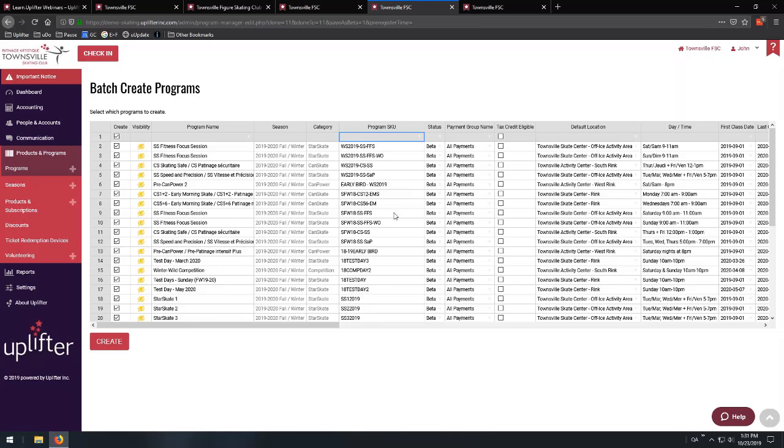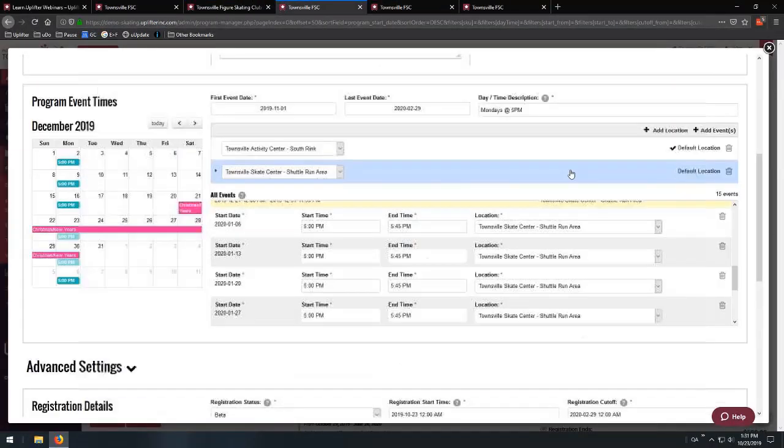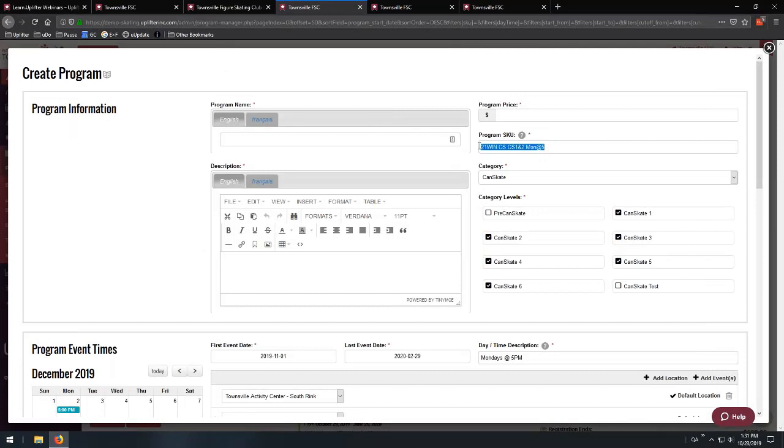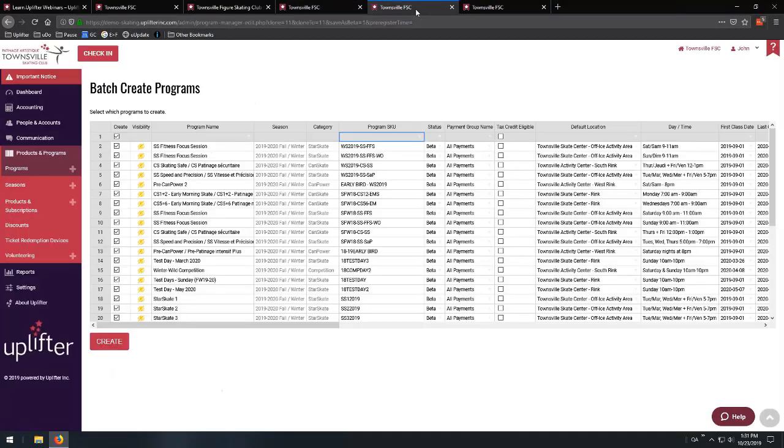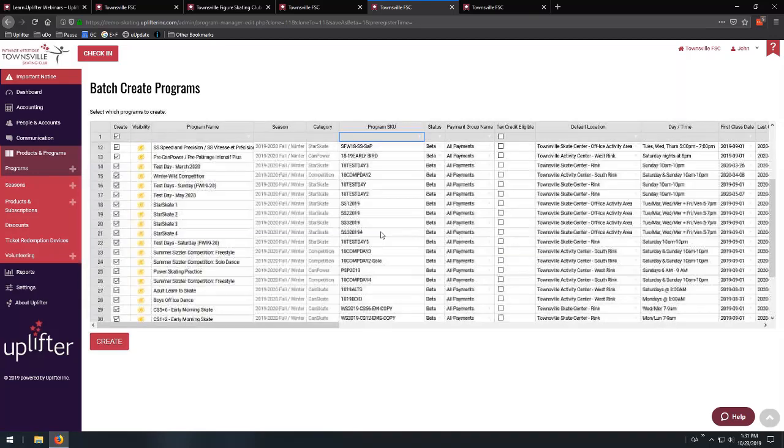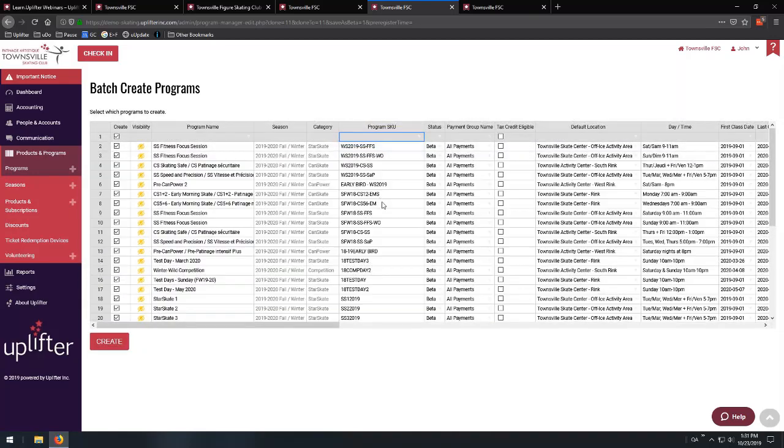As we noted previously when we were generating the program, we talked a little bit about serializing your SKU, and this is one of the main reasons, because this is a very powerful and quick way to update your programs, and it just makes your life so much easier if you've serialized your SKUs. So these ones are sort of serialized. We took a lot of liberty with the word serialization here,